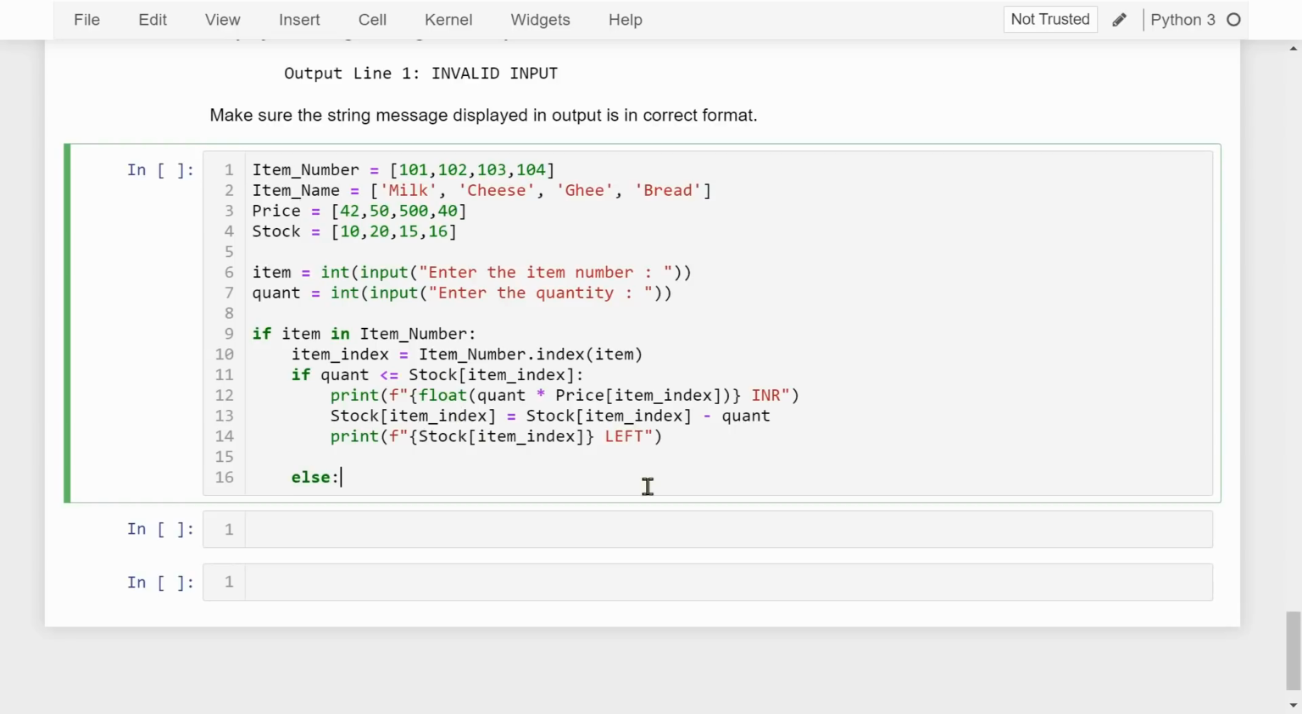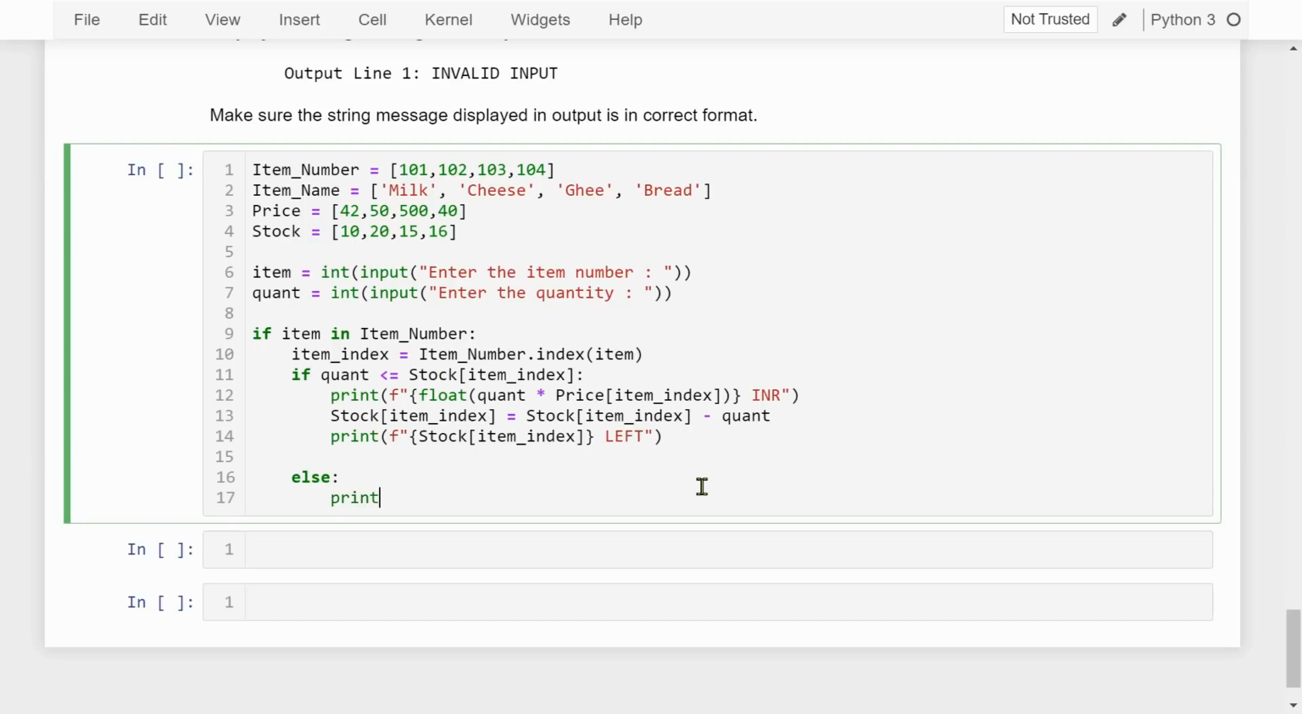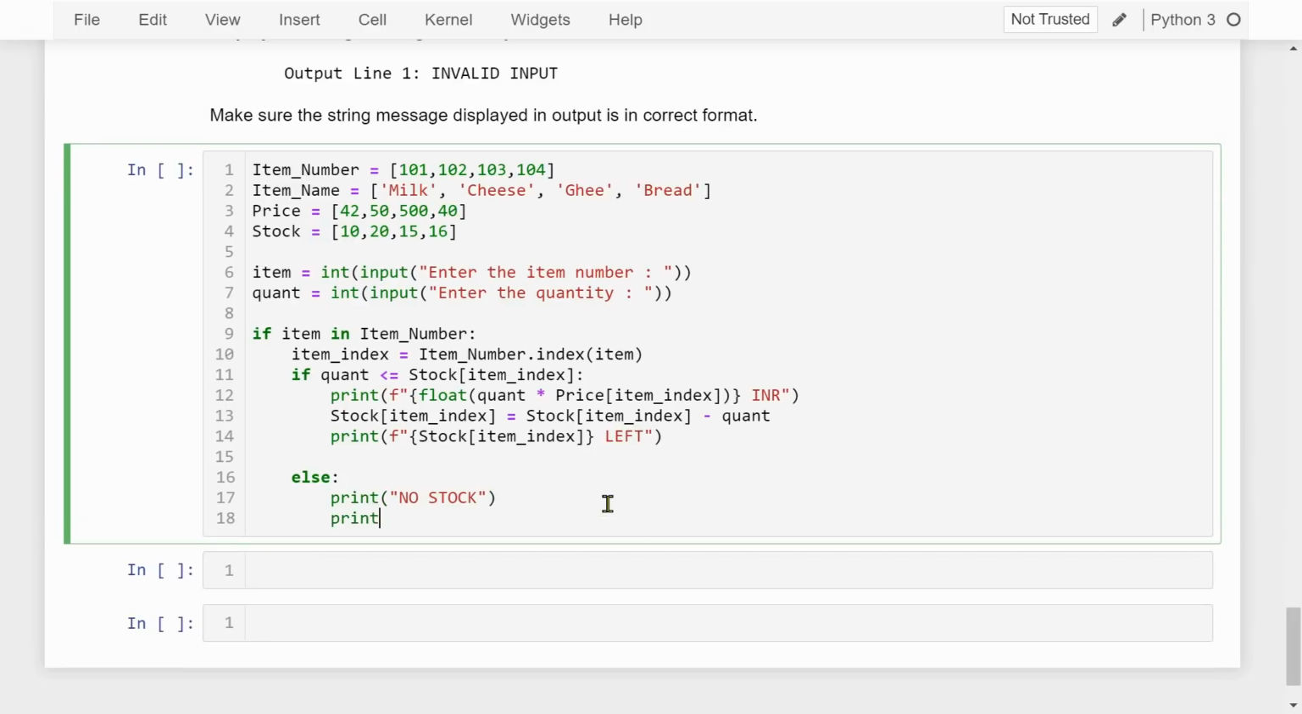So what do we want to print? We want to convey the message here: print no stock. And I want to display the number of stock left here. So inside the print, I want to use the f string again, and inside the f string I want a placeholder. I want to display the total stock left. So item_index, we will get some value, and this is the message which we want to display on